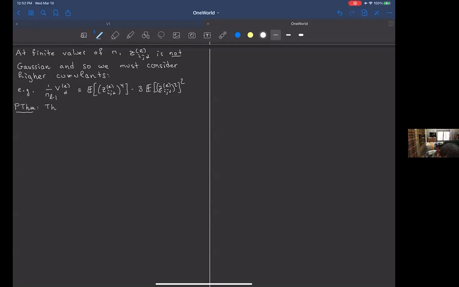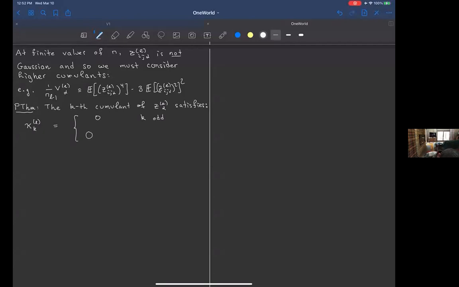So the theorem goes like this: the kth cumulant of the stochastic process Z^L alpha satisfies the following estimates. I'm going to call the kth cumulant kappa_k^L. First of all, it's 0 if k is odd. That's a triviality, just because I chose all my weights and biases to be symmetric around 0. So that's not an interesting thing.